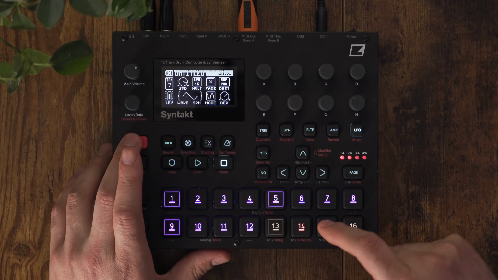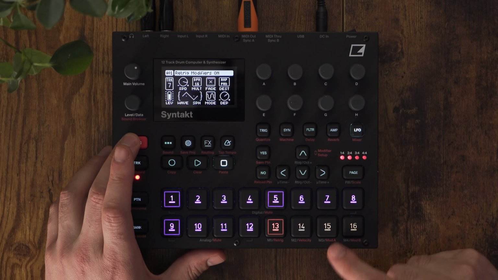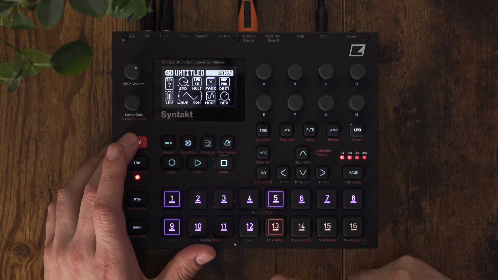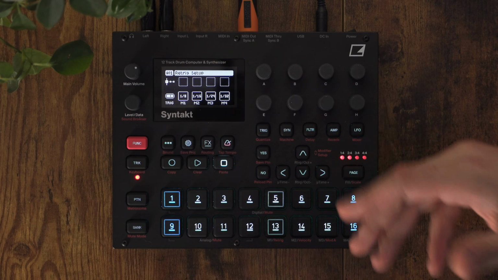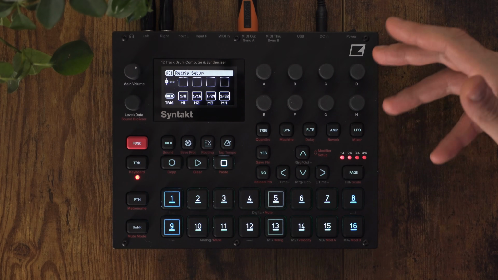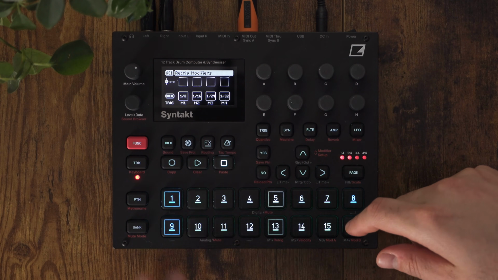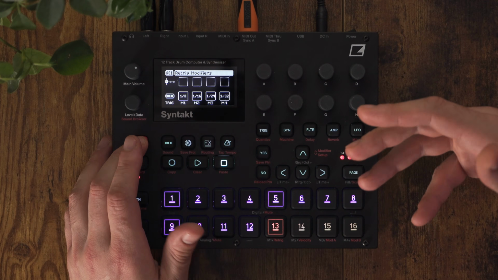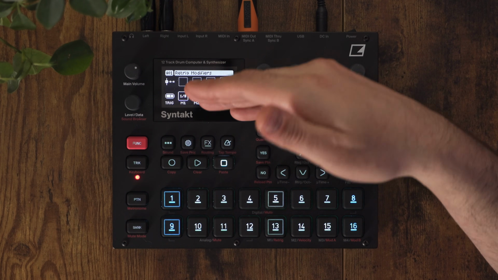So hold function and select one of these 4 tracks here. See, they have their own interesting color. And the first one is retrigger. While you're still holding function, press the up arrow, and you go into this modifier setup section. So to get into those 4 buttons, you got to make sure you hold function, select it, hit up to go into the modifiers so you can actually adjust their parameters. Right now, by default, they start with the trigger